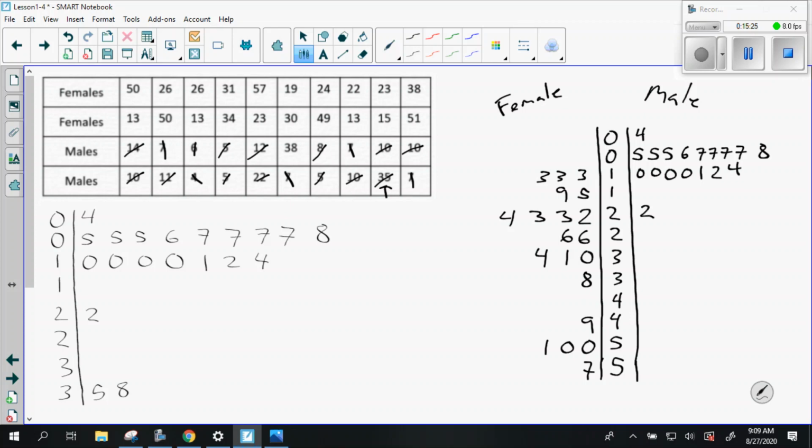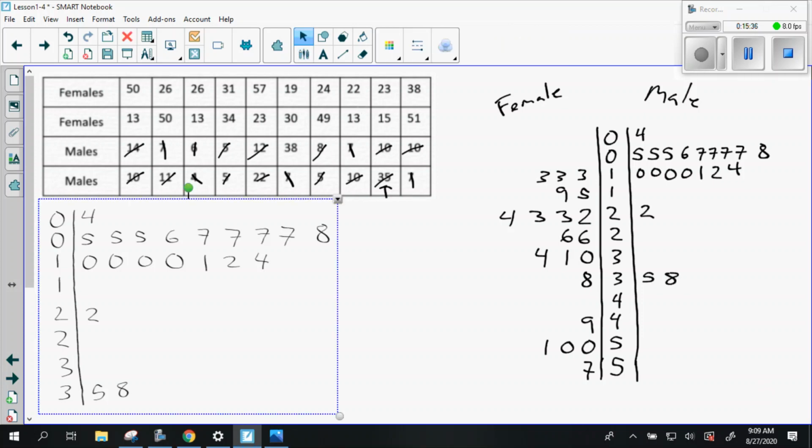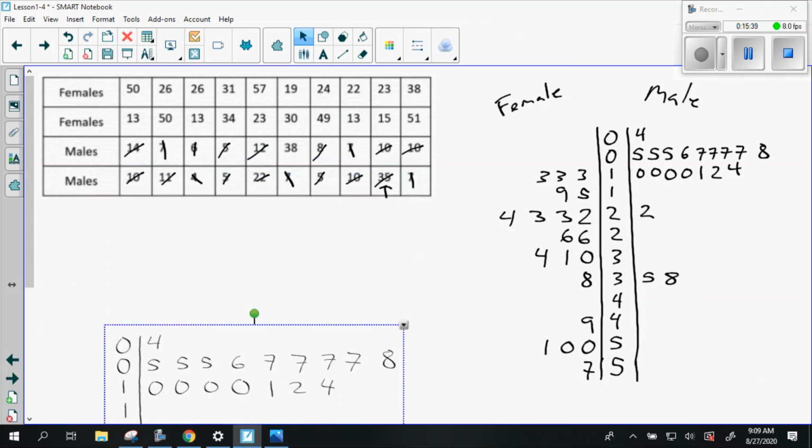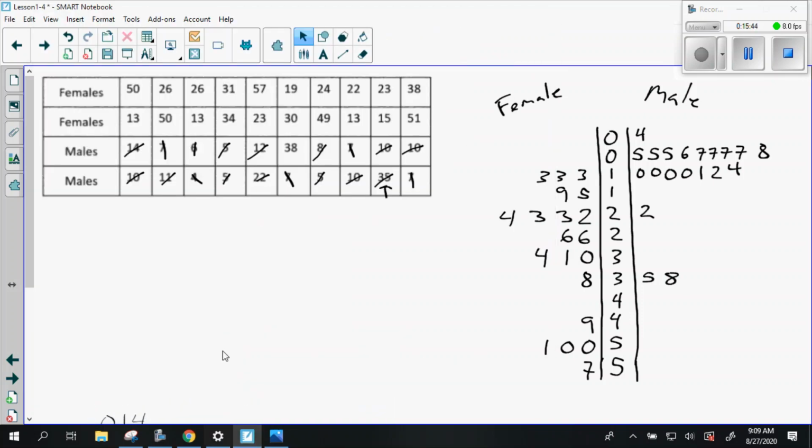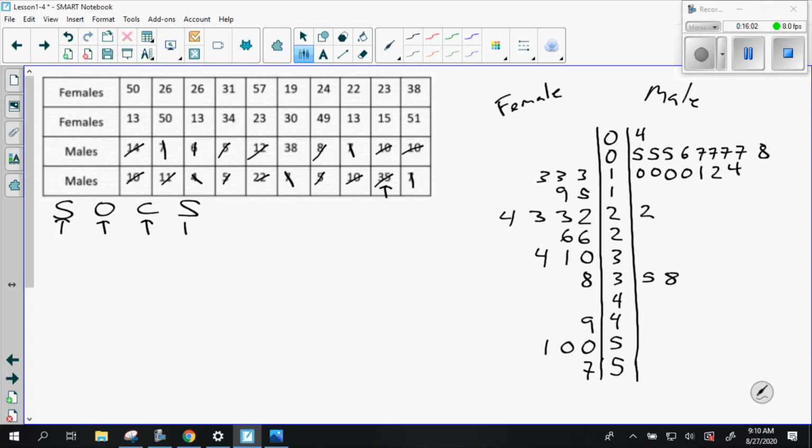All right, let's write a few sentences about this real quick. Ooh, that wasn't cool. All right. So let's write a few sentences here. Remember, when we're describing a distribution, we need to always talk about every element in SOCS. We need to talk about shape. If there are outliers, we need to mention center and spread. So let's do it. The shape of the two distributions